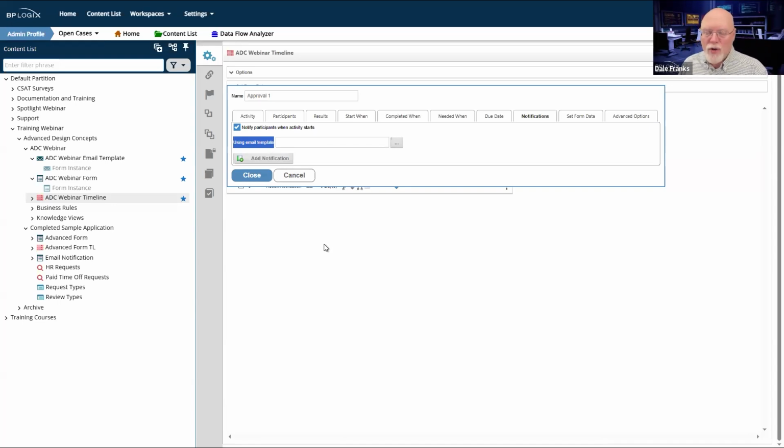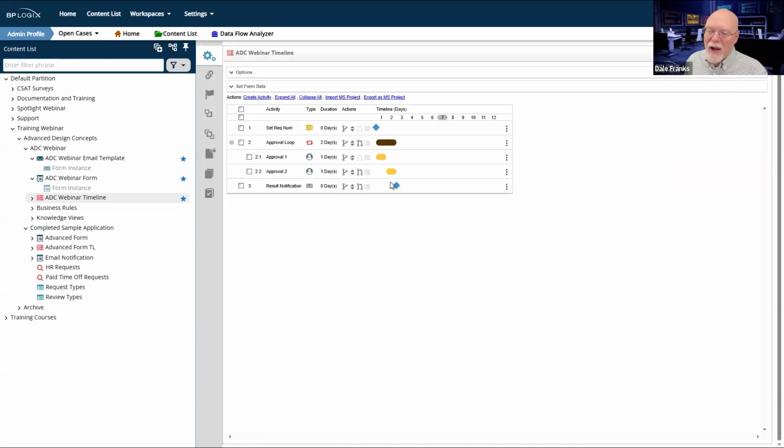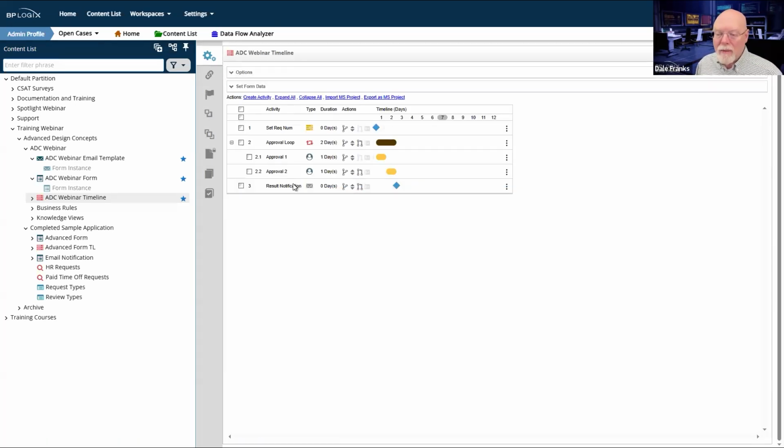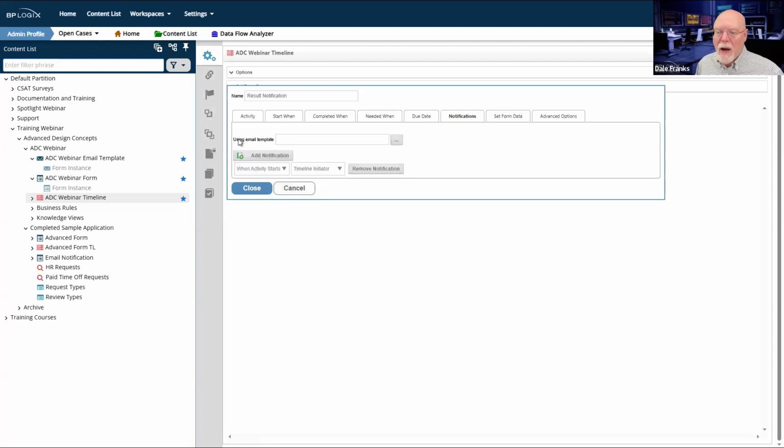There is no restriction on the system in how many email templates you want to use. So for this particular process, I've only got 3 notifications that are ever going to go out. I've got 2 task notifications and a result notification in this case. So I would need two different emails, and I could create two different email templates. And I could, if I wanted, go to each of these activities and specify an email template. And then, of course, on the result notification, I would just choose a different email template for this notification.